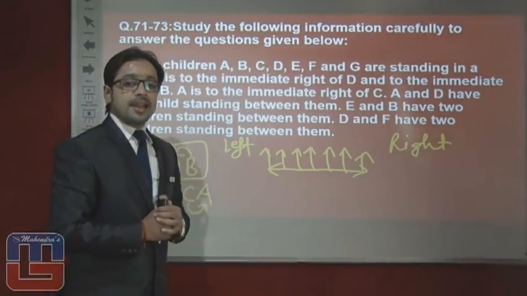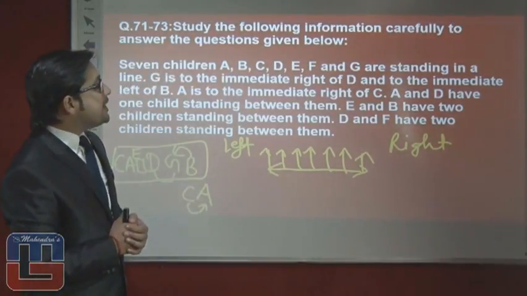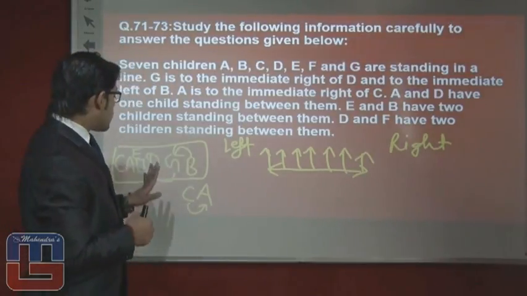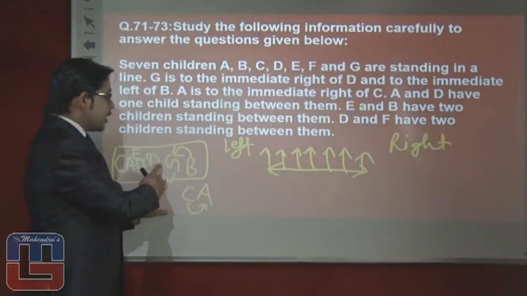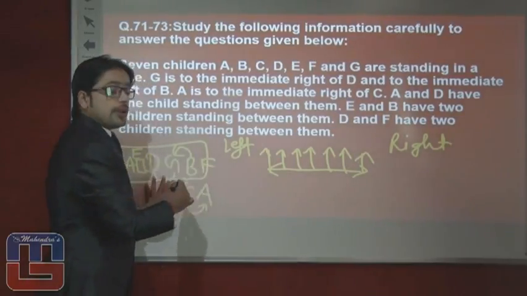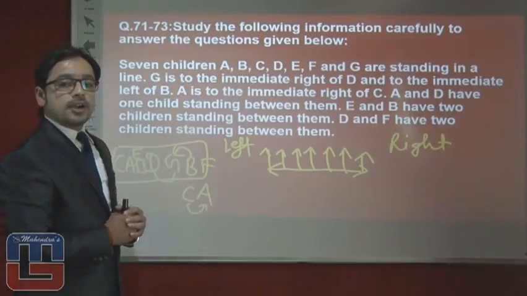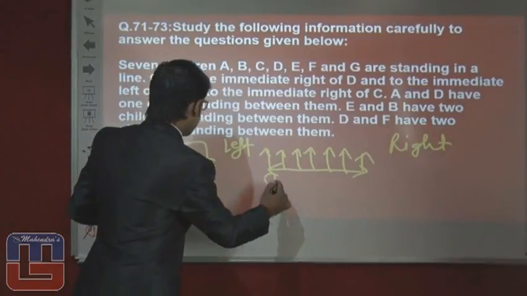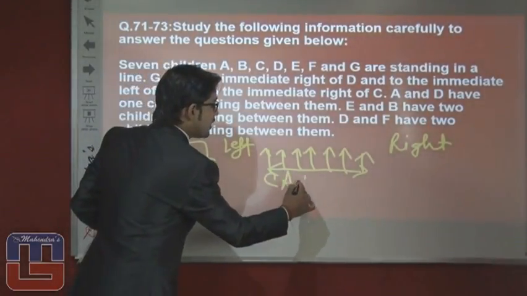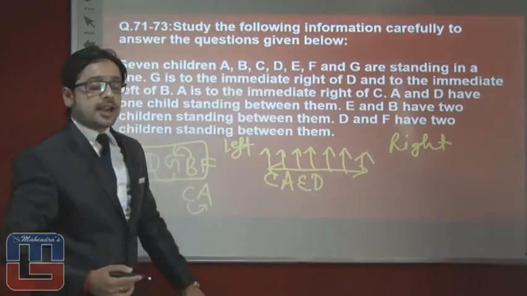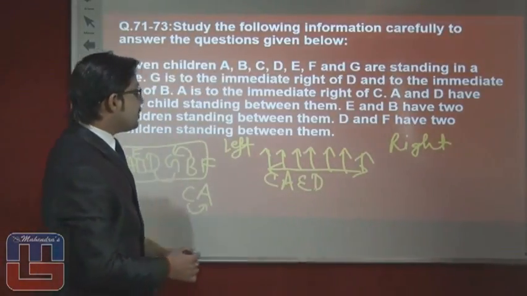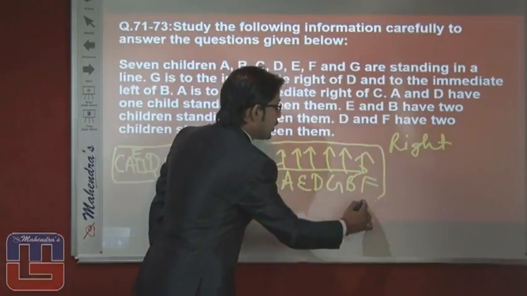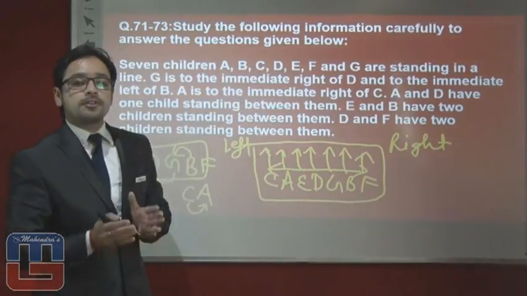So go through the next information, which is saying D and F have two children standing between them. Now you can correlate it with this statement: D, two members and F. Now we can easily find all the 7 members here, starting from C. Next will be A, next E, next D. You can say that D is in the middle of this row. Next G, B and F. So this is the exact chart which you can make with the help of direct and